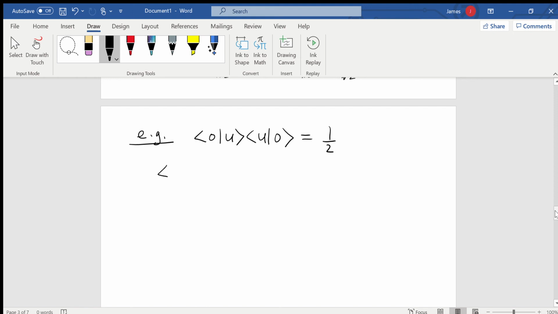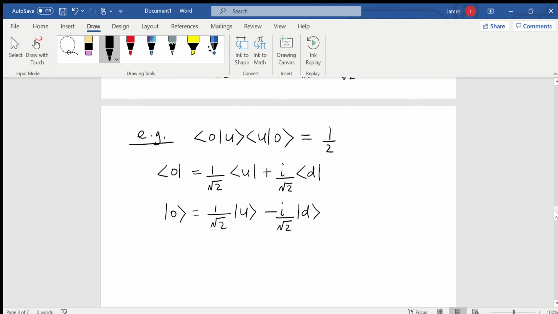So let's write down the bra. The bra out is 1 over root 2 <up| plus i over root 2 <down|. And the ket out is 1 over root 2 |up> minus, remember with the bra and the ket, you change the sign of i, minus i over root 2